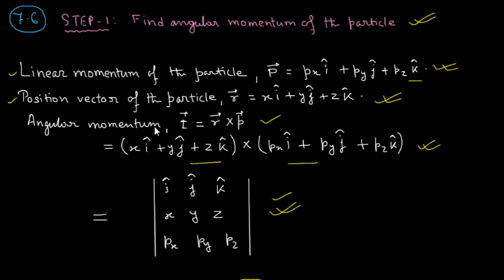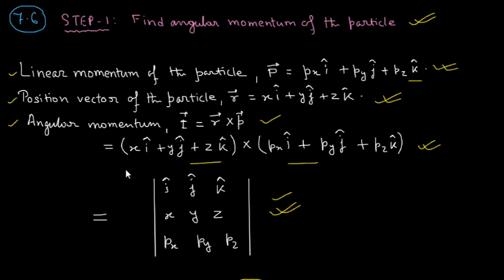This is also given in the problem. We know that angular momentum l is equal to r cross p, that is position vector cross linear momentum. Now if we put the value of r and p from the above, we will get